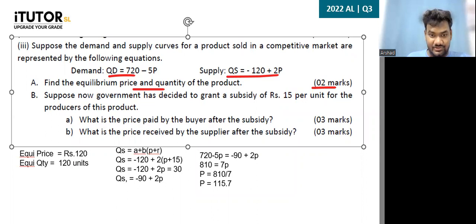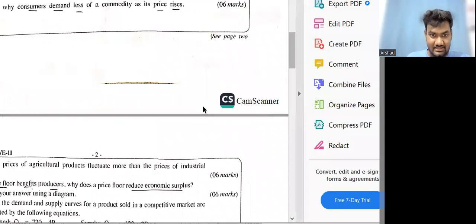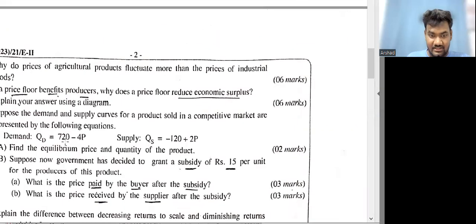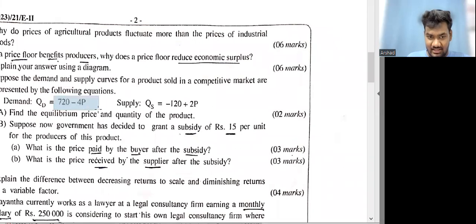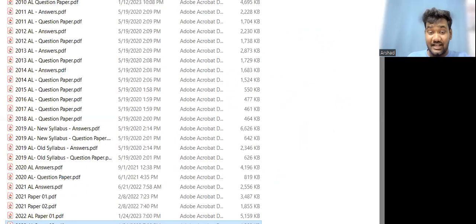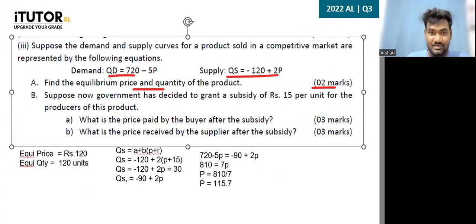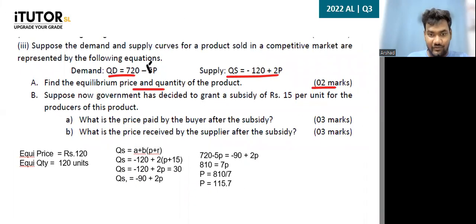2022 paper 2. Give me a second. Let me check with the original paper. It is very unlikely that you will get a decimal like that, guys. Question number 3: minus 720 minus 4P. I said 5P in my question. Can you all make that correction, please? That's why you get a decimal. So make that correction: it's minus 720 minus 4P. Sorry about that, my bad when typing. So this is not 5P, guys. This is 4P.